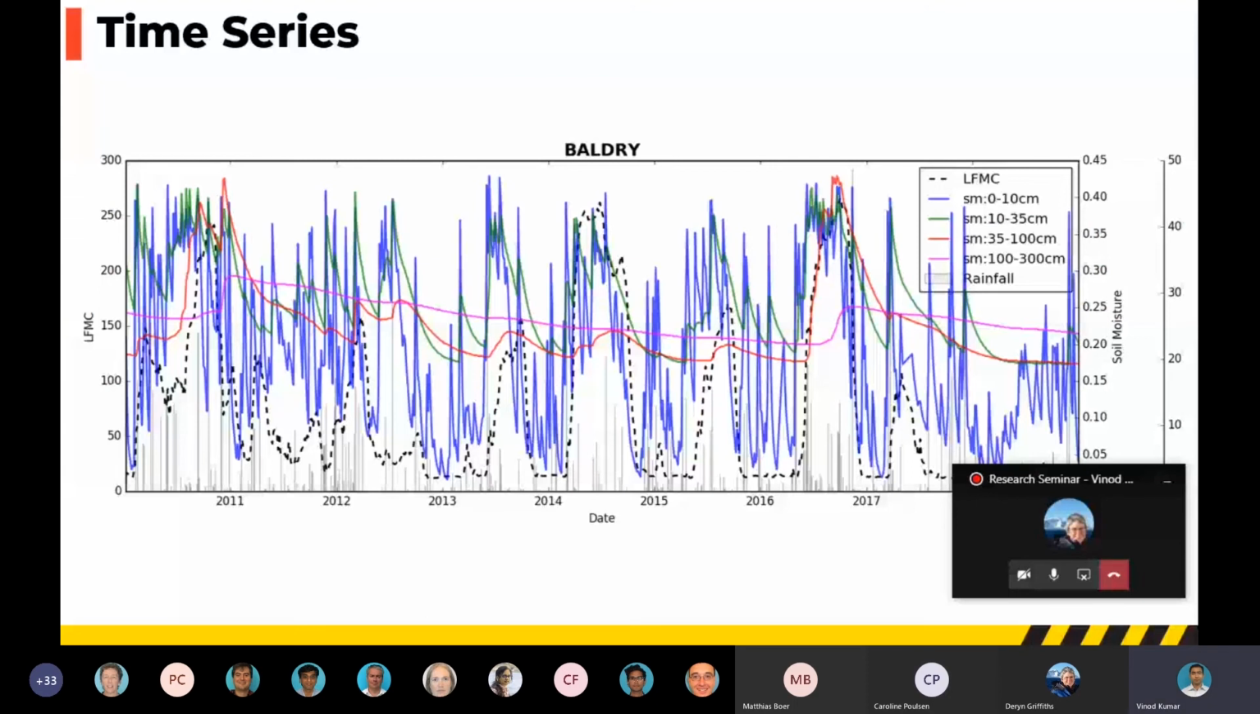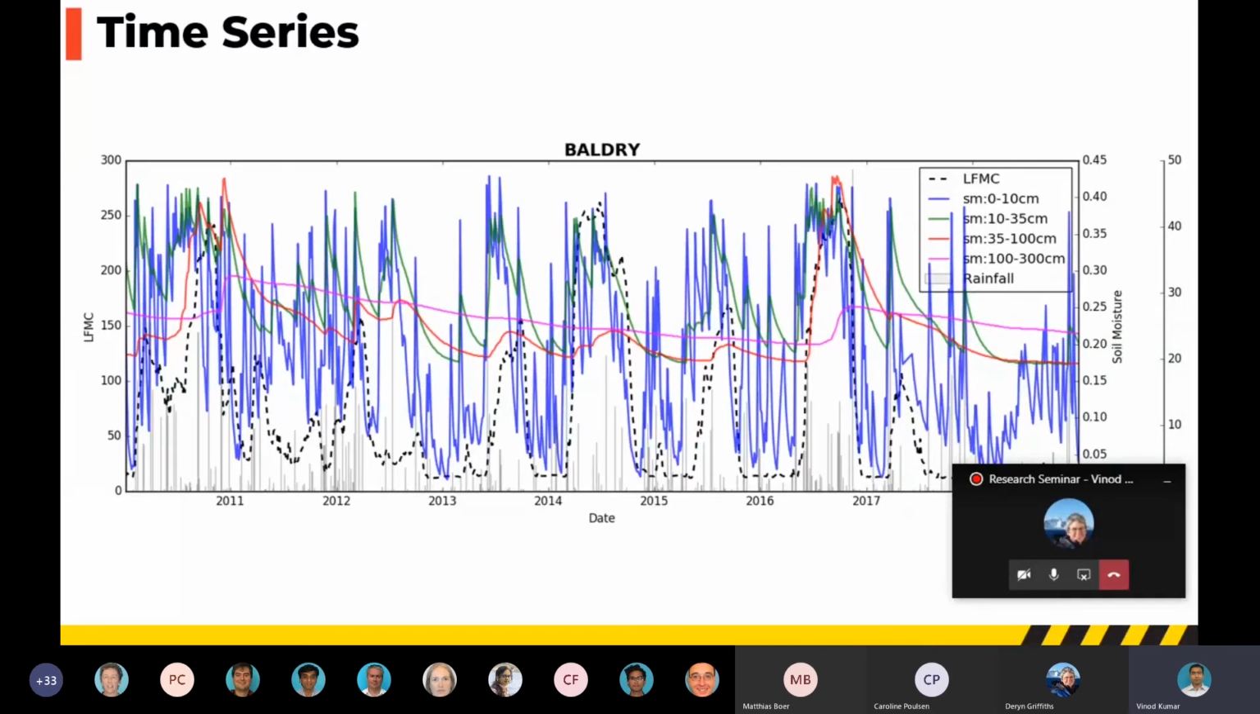So this is Baldry, which is reforested and pasture land in New South Wales. What I'm plotting here is the four soil moisture layers from the four Jasmine layers, and also the live fuel moisture content, and the bars represent the 24-hour accumulated rainfall from the AWAP dataset, which is also at 5-kilometer resolution. The blue line represents the top 10 centimeters soil moisture. The green line represents the second soil layer, which is 10 to 35 centimeters. The red line represents 35 to 100 centimeters, and the pink line represents the bottom layer, which is 100 to